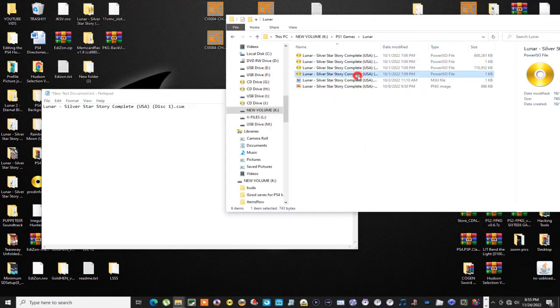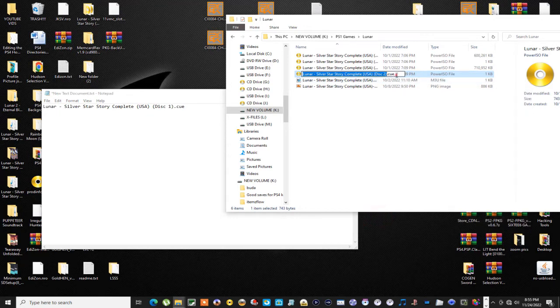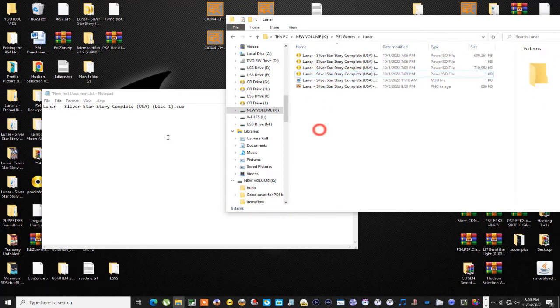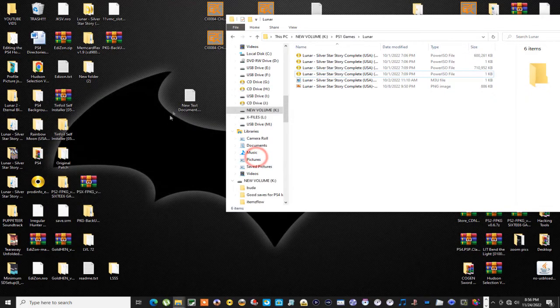So now we need to grab the second disk, copy, and paste it in there just like that, and save it. Now what you want to do, guys, is you want to rename it